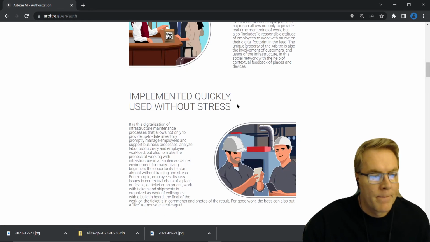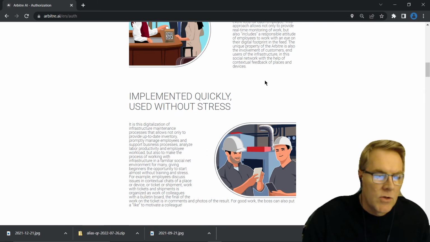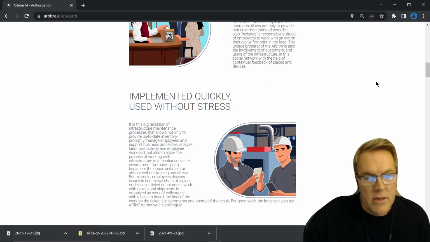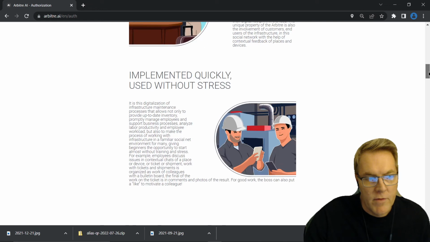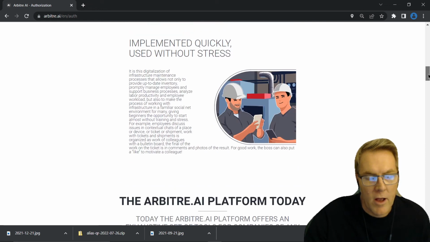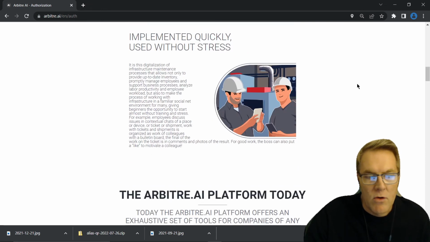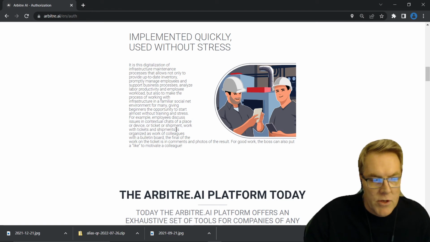Okay, so it takes very short amount of time to log in, to add a place, to create the initial setup. Obviously, the IT staff from Arbitre.AI will help you with any training or any issues like that you might need. Shipments is also going to be released with version update 1.75.